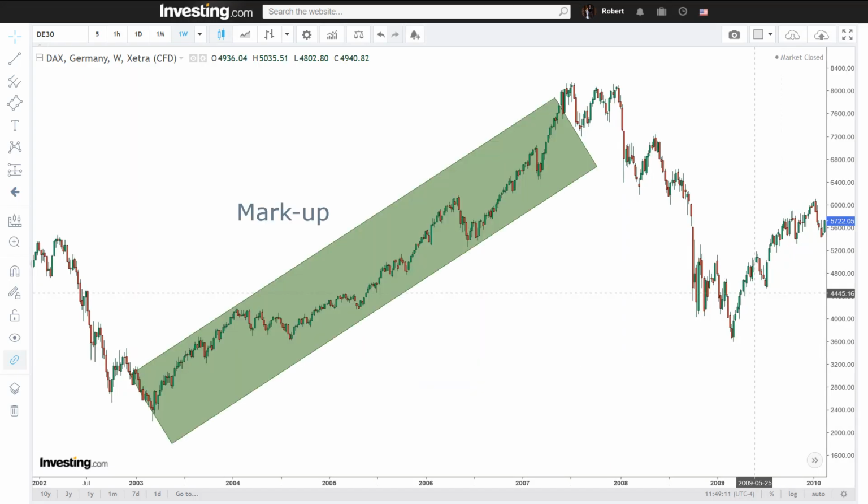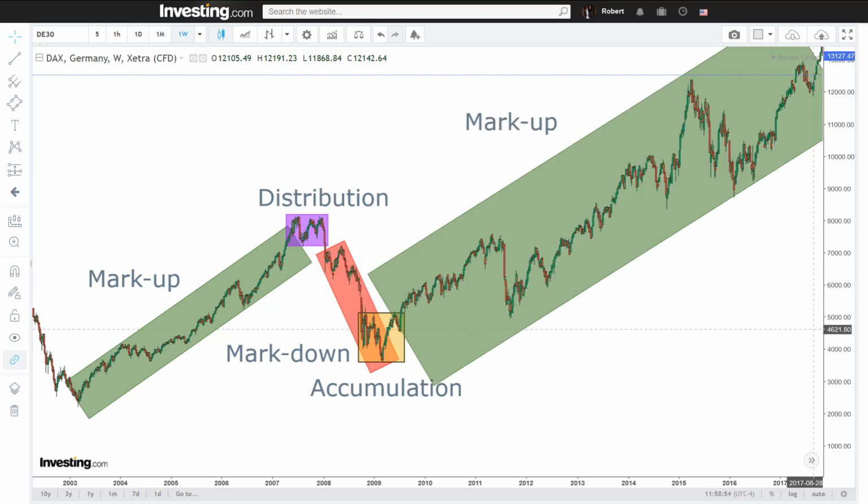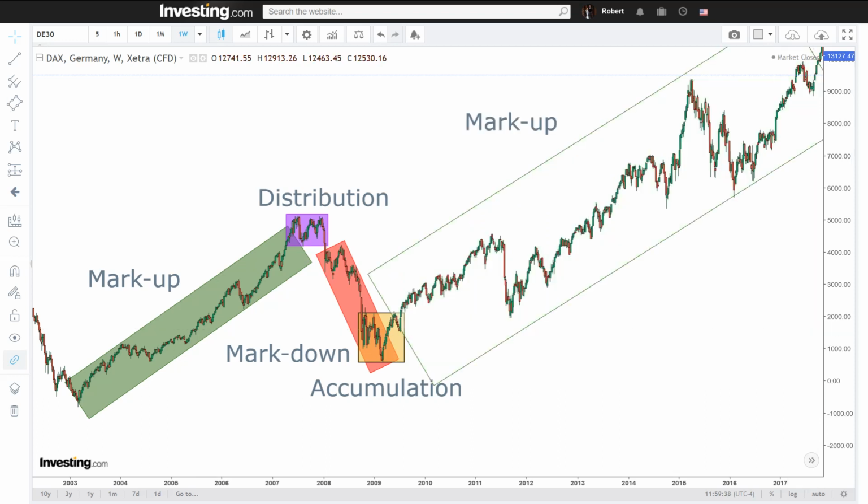Now, when we look at full market cycles, we primarily use the weekly chart in order to distinguish early warning signs of markdowns or markup phases to come. The weekly chart is by far the most reliable for full market cycles, and anything else should only be used in discretionary exceptions. But we can also look for local market cycles, as in shorter ones, cycles within a bigger cycle. For that, our prime focus is rather the daily chart. And the good thing about this is that you will automatically have access to much more data and pivot levels.